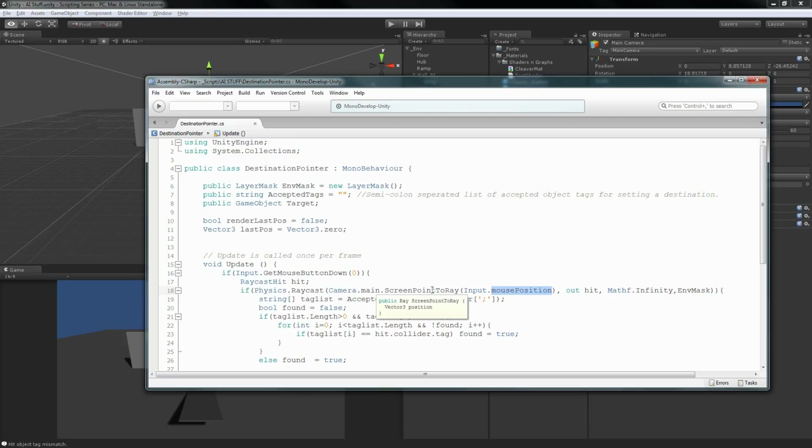a type of a thing in Unity. It will create a ray from the mouse position on the screen, from the camera to that position outward, facing the direction of the camera. It's kind of hard to describe if you haven't noticed, but basically that's what it does. So this creates a ray, because again, one of the things you can do in Raycast